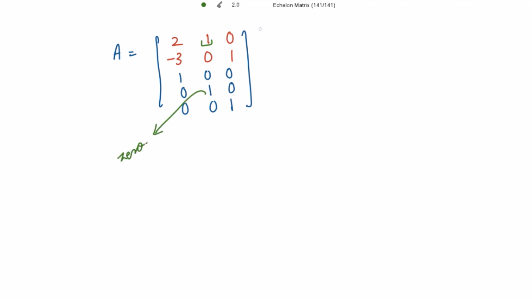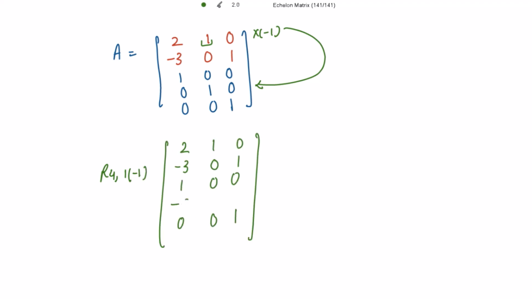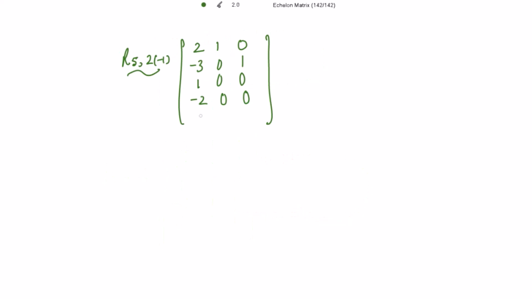For that, I need to multiply the row 1 with negative 1 and adding its elements to the row 4. So changing the row 4 and adding its elements to the row 1, but row 1 should be first multiplied with negative 1. So the row 4 is changed into negative 2, 0, 0. And now in the third column, I need to make this to be 0, right? So for that, I just make use of the second row, I multiply this row with negative 1 and adding its elements to the last row. So the fifth row becomes 3, 0, 0.